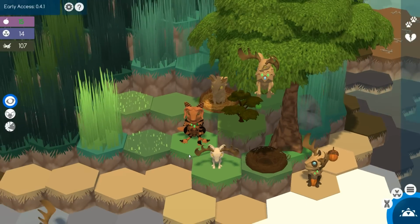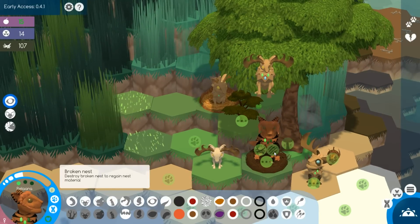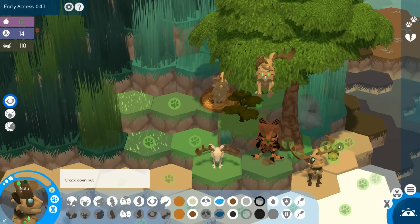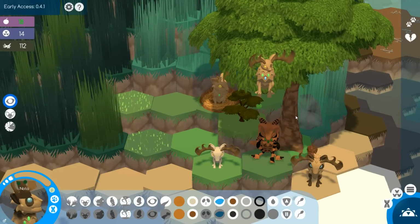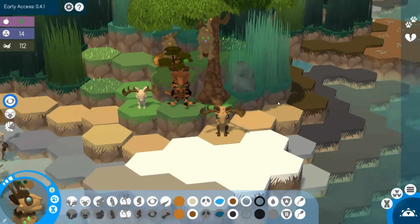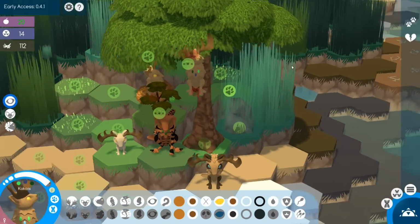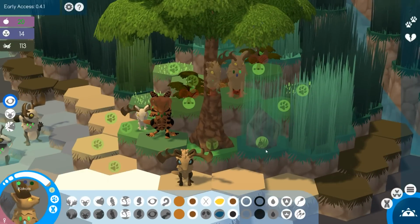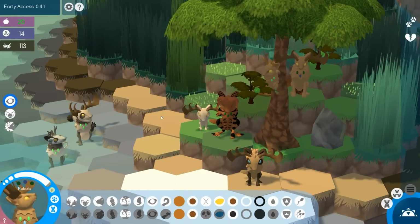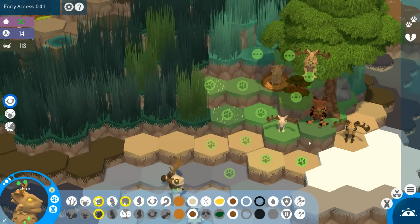So we're going to have to think about that. All right, we're going to let Rilana come over, and she's going to just kind of tidy up this area, watch over the little ones. Nota is going to gather up these nuts as he was taught by Crove to do before Crove wandered off. And then I think Kakois, she's going to... Darn it, she can't destroy that berry bush. I was going to have her destroy the berry bushes to try to get a little bit more food from them, but we can't. And we'll have little Takunu...